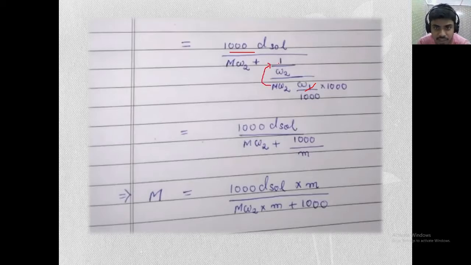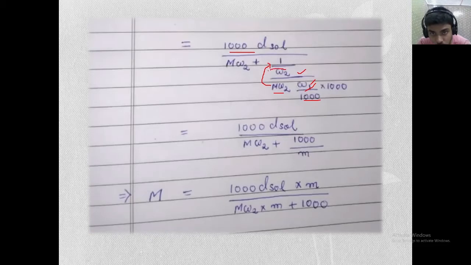So same thing, I have just transferred this from here to here, so that now you are getting some idea that W, weight of the solute, by molecular weight of the solute, so that is the number of moles. Okay, right? You have got some idea, right? And here is the weight of the solvent. It is in grams. That's why we are dividing by 1000 into 1000, so that it is in kg.